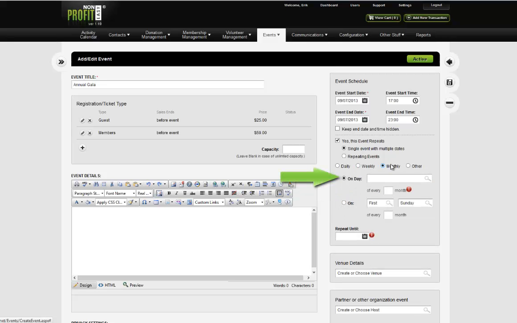Monthly will allow you to either specify the day of the month, or you can specify certain days of the week in relation to their position in the month. For daily, weekly, and monthly, you will lastly be asked to set the date to continue to repeat the event